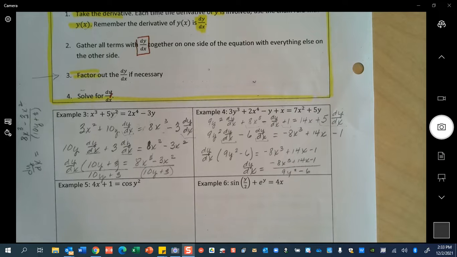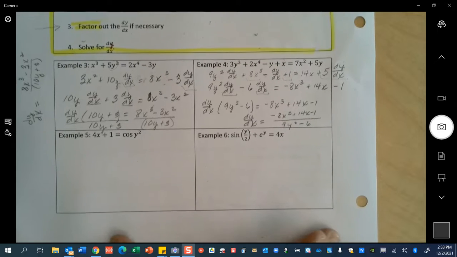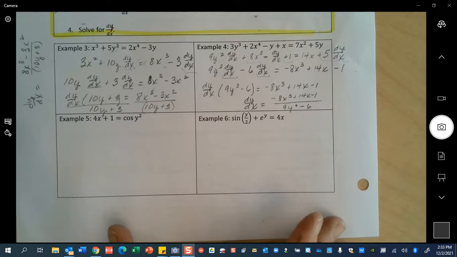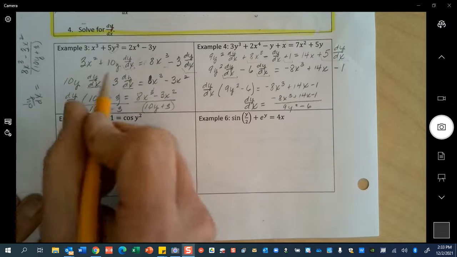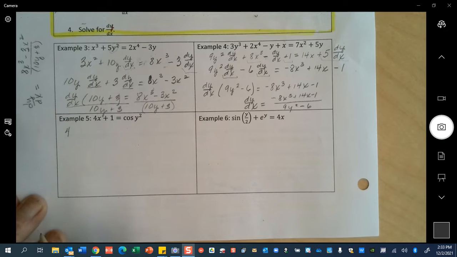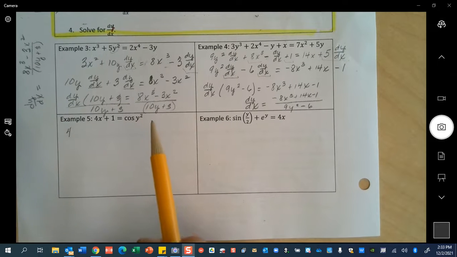So now we're looking at sine and cosine and e, and you're like, wait, what? No, these ones are always a little simpler, so don't be scared. Derivative of 4x, 4. Derivative of 1,